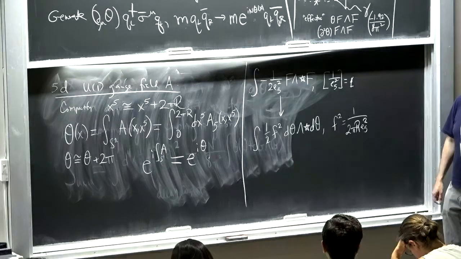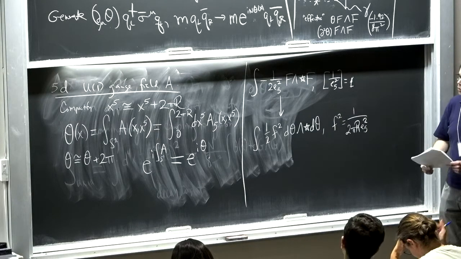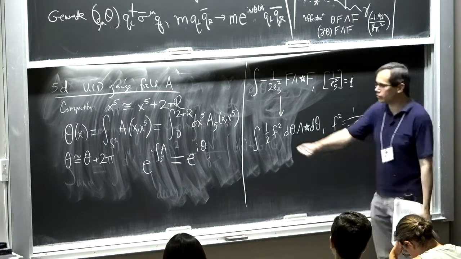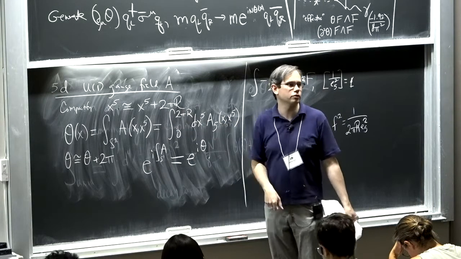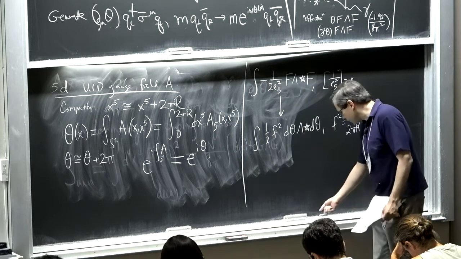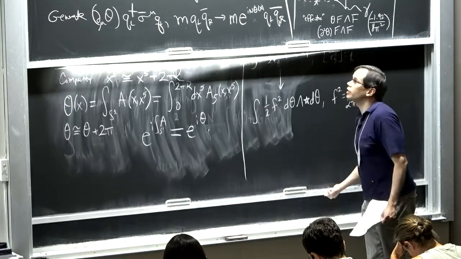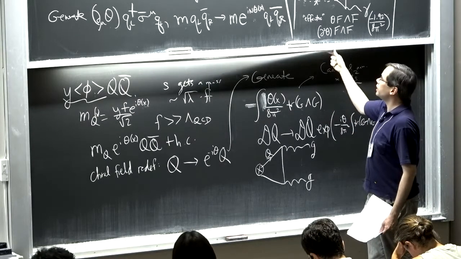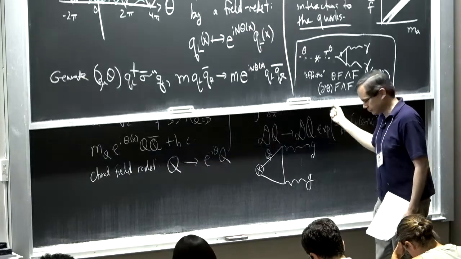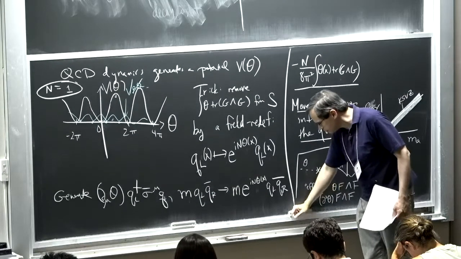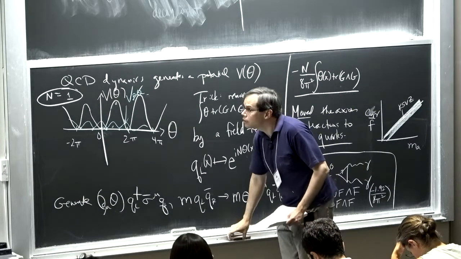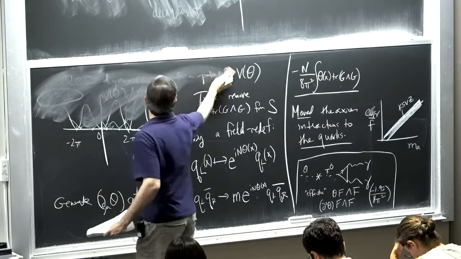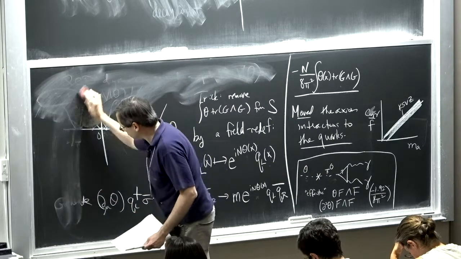Okay, so that's how we start with the 5D gauge field, and we get one of our key ingredients for solving strong CP, which is a periodic scalar field in 4 dimensions. We had another key ingredient for solving strong CP, which was that we need that scalar to couple to gluons. So where can that come from?